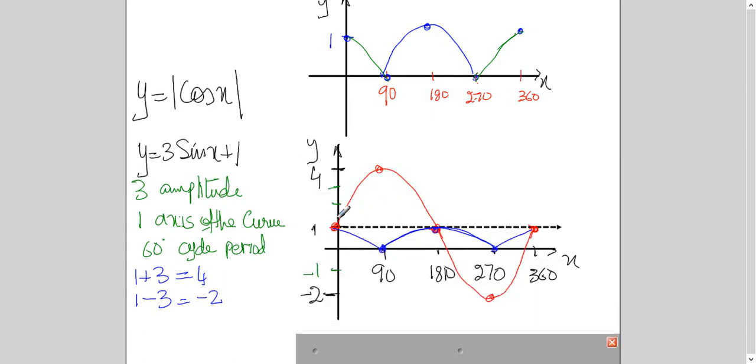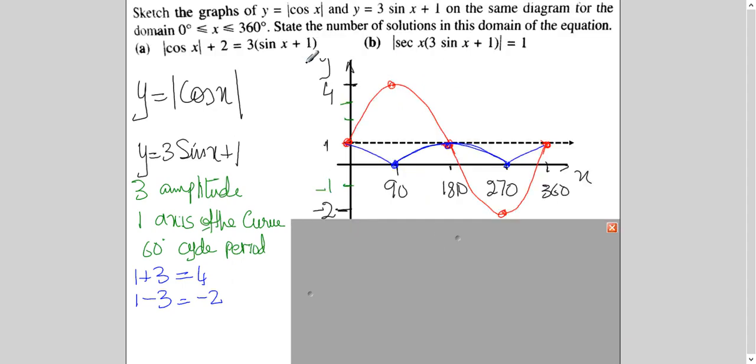So now if you see, this was 3 sin x plus 1, the red one, and this graph I am sketching here, right? Maximum is 1, if you see here, and minimum is 0. Right, so I have just made this graph or sketched this graph here. Now, after sketching this, we have to solve this part.